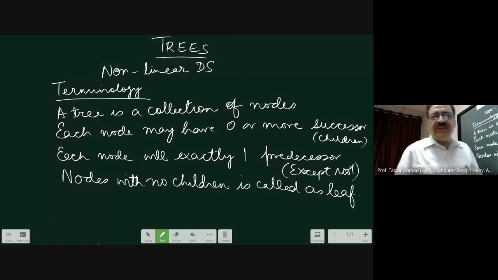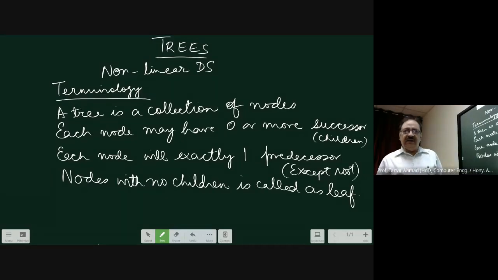Now, nodes with no children are called leaf nodes. Those are leaf nodes which do not have any children. Okay, this is the basic definition, and practically it is like this. It is basically a tree.